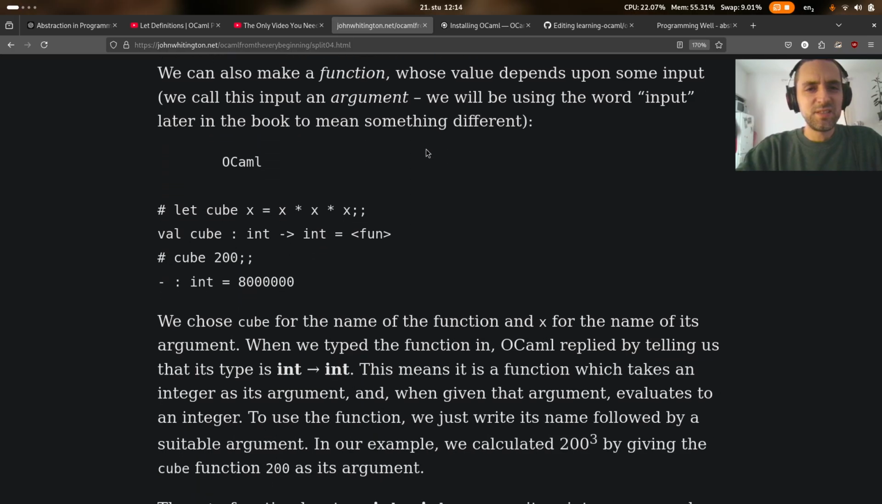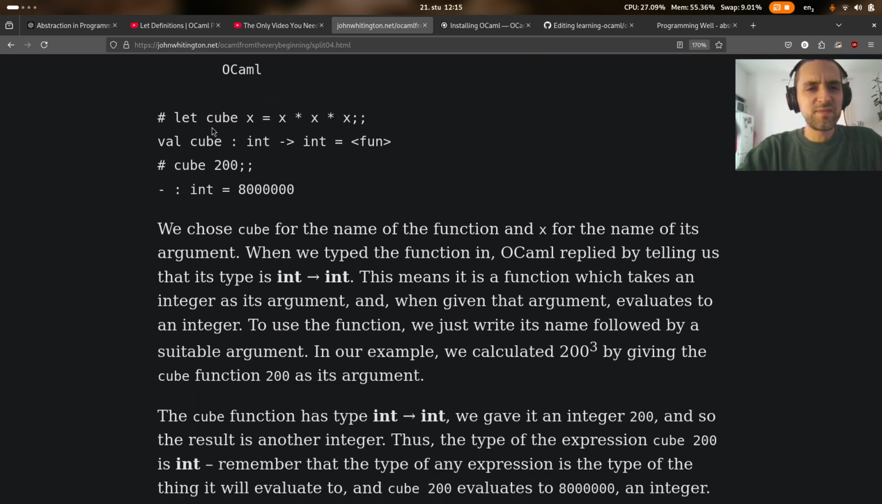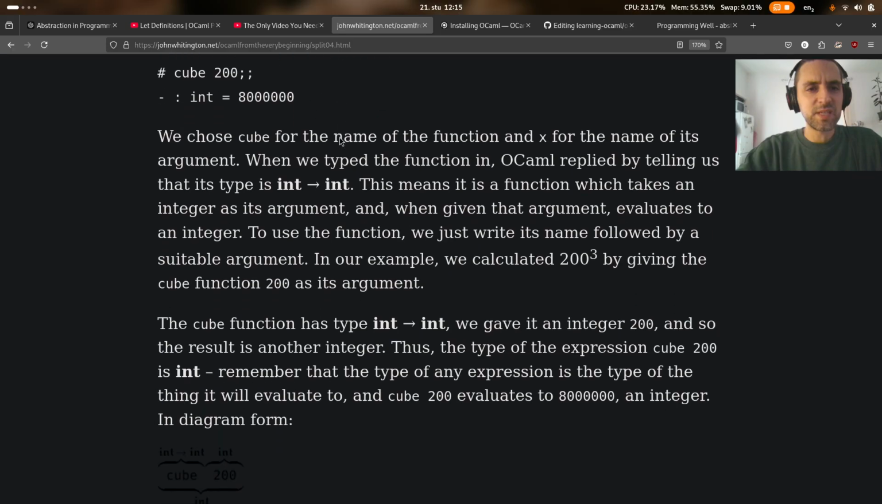But it's interesting. So then he's defining a cube, x times x times x, and cube 200. We chose cube for the name of the function, x for the name of its argument. OCaml replied by telling us that its type is int to int. This means it is a function which takes an integer as its argument, and when given that argument evaluates to an integer. To use the function, we just write its name followed by a suitable argument. In our example, we calculated cube 200. Okay,